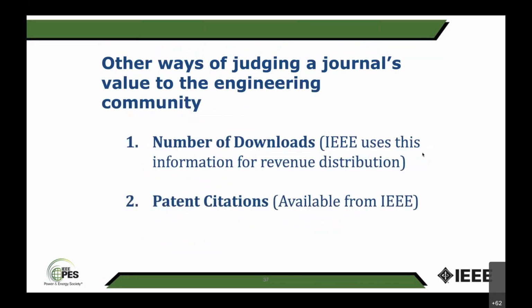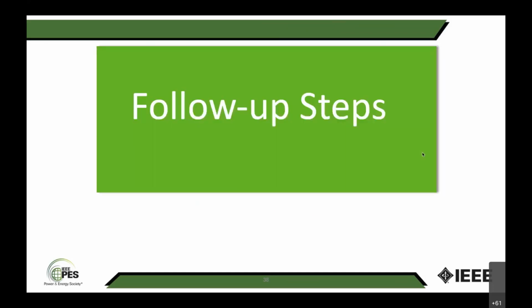Another way we can judge a journal's value is downloads. If a paper in a new journal is heavily downloaded, what does it mean? That means people like the work and they find value in that work. So that's good. Also, we have noticed in patent citations, IEEE papers are heavily referenced. That means the work presented in IEEE papers is searched by patent lawyers to see whether a new patent application's content is matching work that has already been published. Okay, good. So what is next?